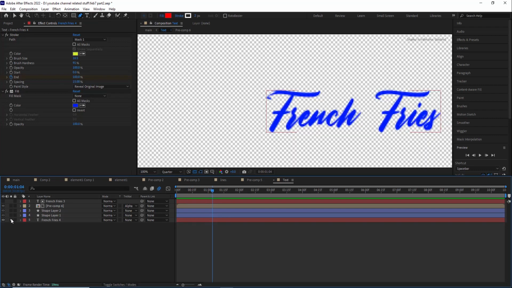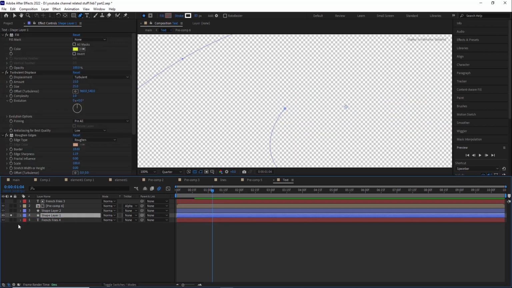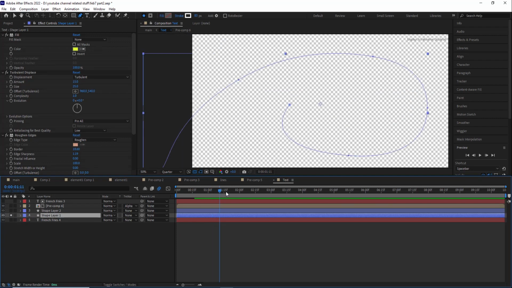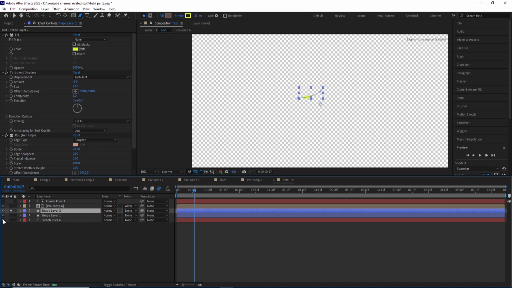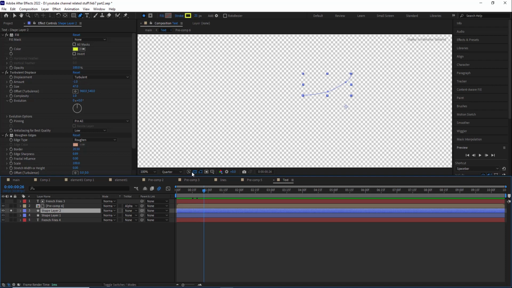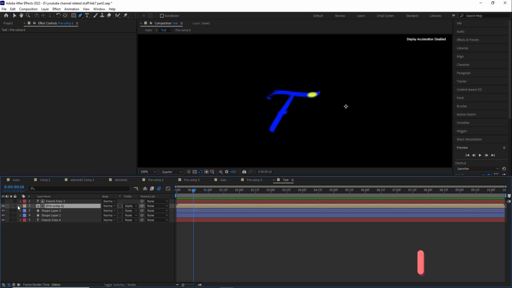So alright guys, this shape layer is used for some revealing type of animation over here. So we can see some revealing type of animation, and I gave this stroke. Okay, and even this shape is also the same. We are having some spark type of animation, which I took here. Okay guys,